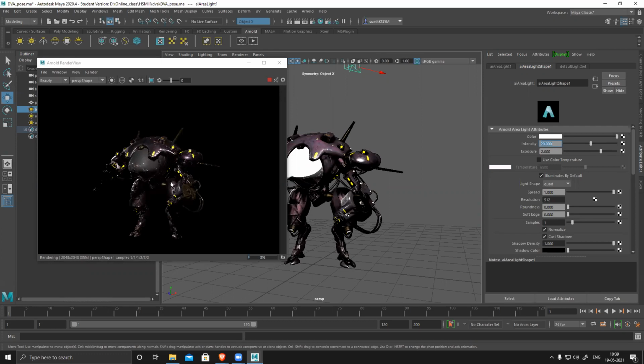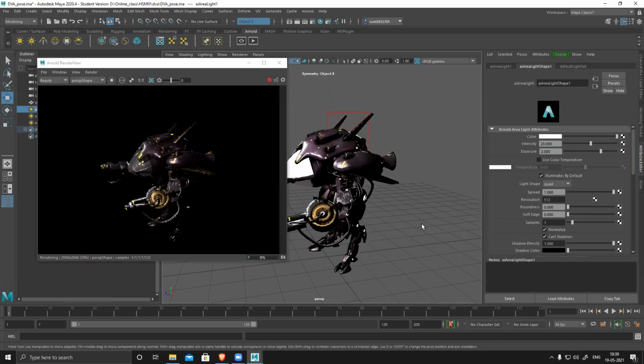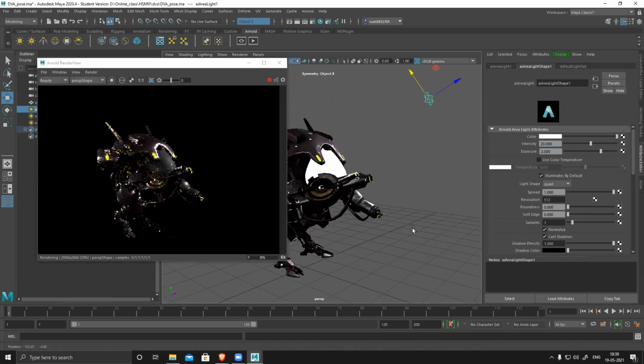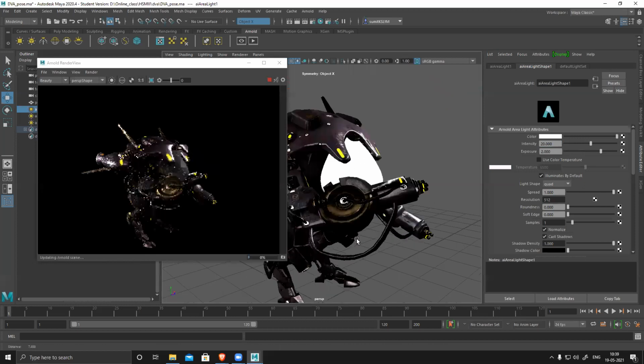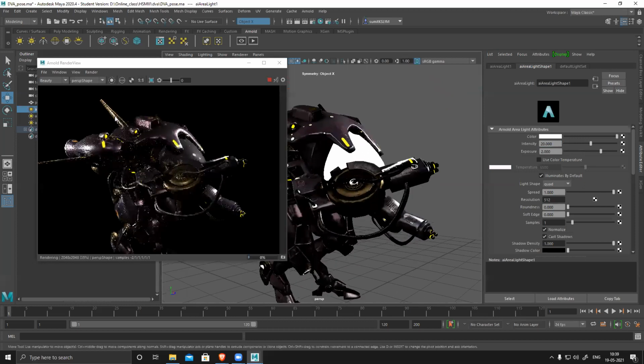But this is very heavy on your CPU and GPU both. If you're doing rendering, you cannot do anything else on your system. So make sure to switch off everything and then start rendering. So you can see, there is a little bit of issue. I can rotate the, see, it updates automatically. Zoom in. You see, it gives you very good quality render.